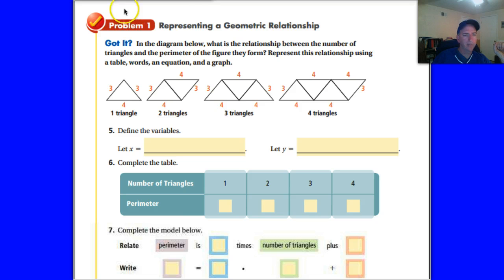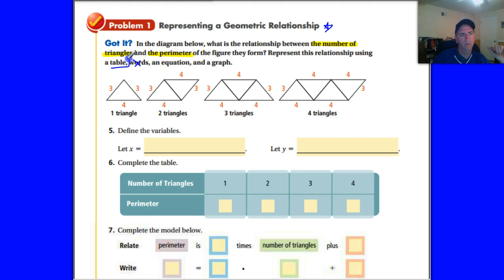This is the second page after starting on 4-2, and this is problem one, representing a geometric relationship. It says, in the diagram below, what is the relationship between the number of triangles and the perimeter of the figure that they form, and represent this relationship using words, a table, an equation, and a graph. Now, I don't spend a lot of time making you show me the words, but what you are